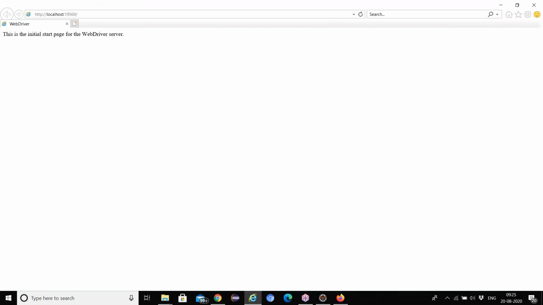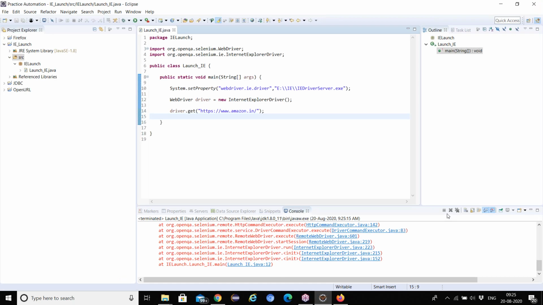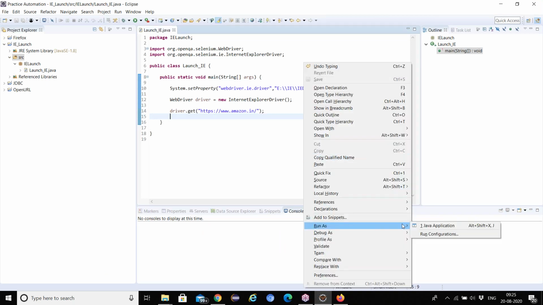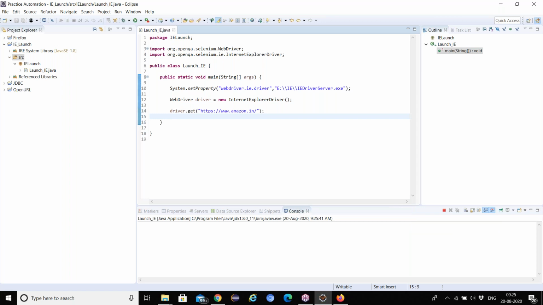First time it will show like this. This is initial. It will start the page for the window. Can you run one more time, Mohit? No, hold on. What error is it showing? No, okay, no problem. Did you click run as Java application? Why is it showing like that?